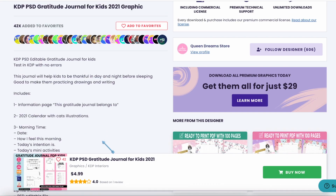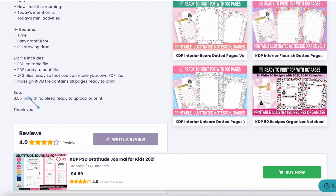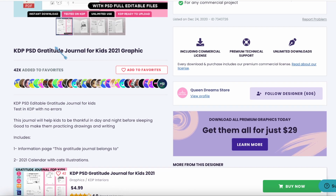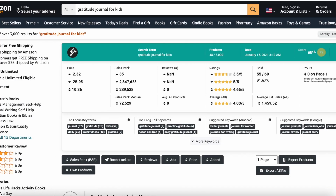Let's take a look at the description. 8.5 by 11 inches. And it has a bunch of description. You can even make use of this description when you're adding it to Amazon. And they have beautiful interiors. Just take a look at this. All right, now let's take a look